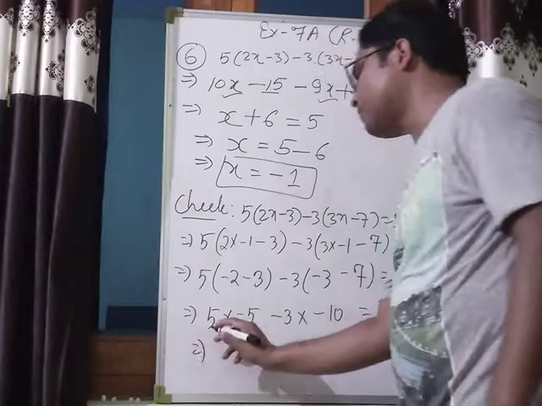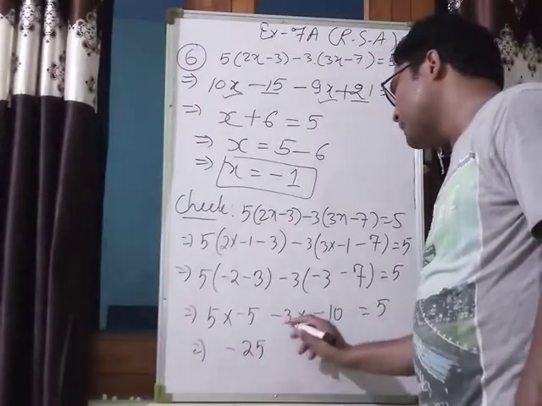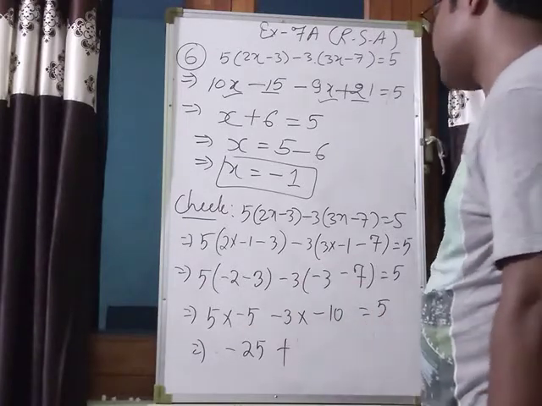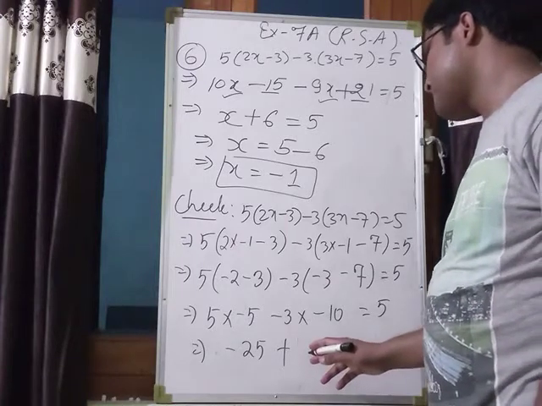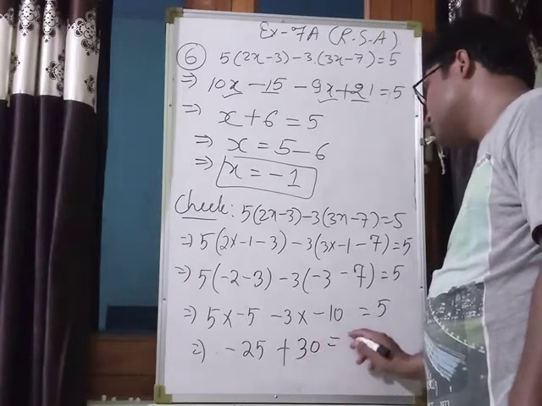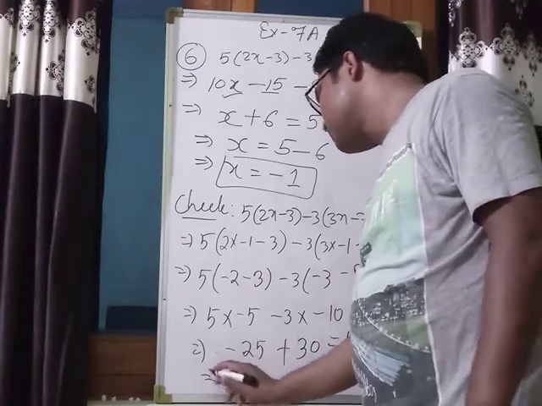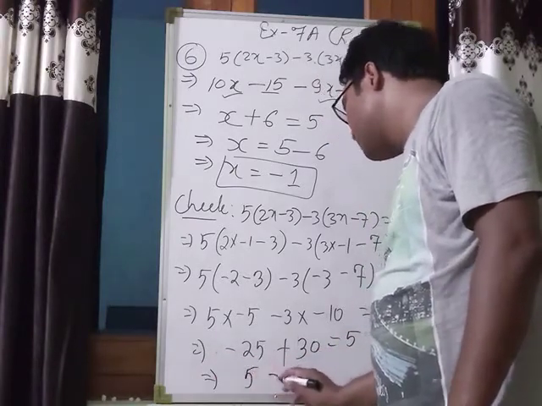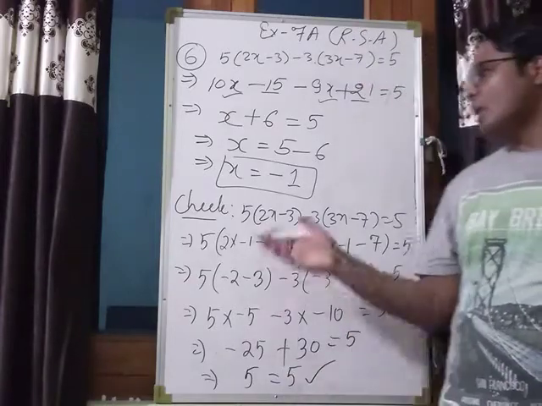See, minus 5 into 5, that is minus 25, and minus 3 into minus 10 minus minus plus. Plus 30, that is equal to 5. Okay, so it will become minus 25 plus 30, that is 5, equal to 5. So you can see left side and right side both are equal. That's why our answer is